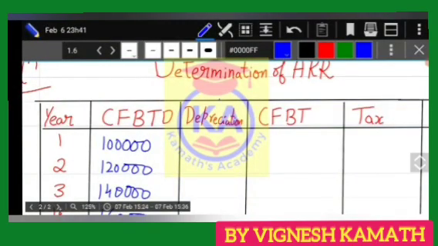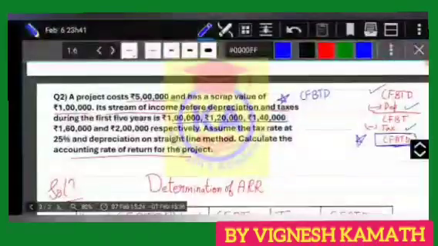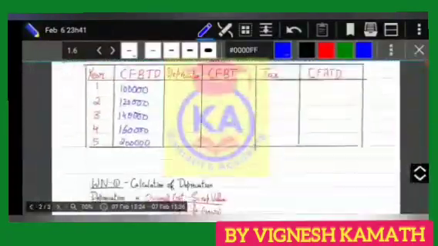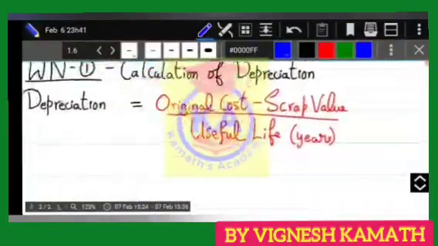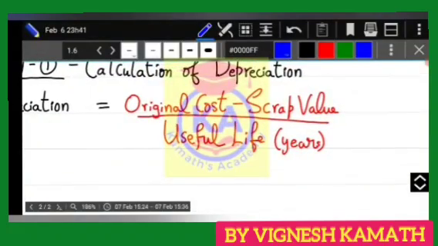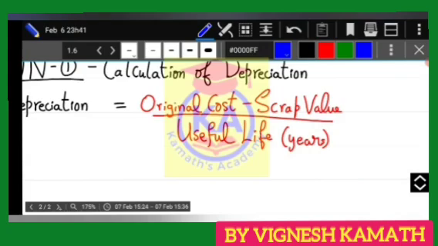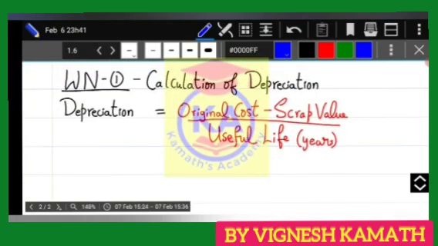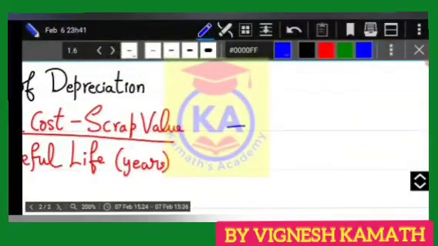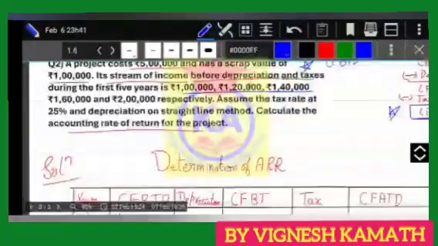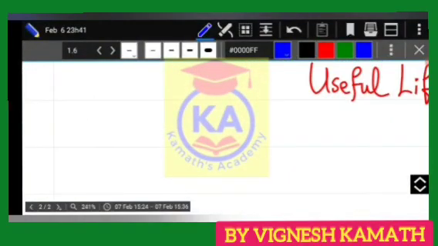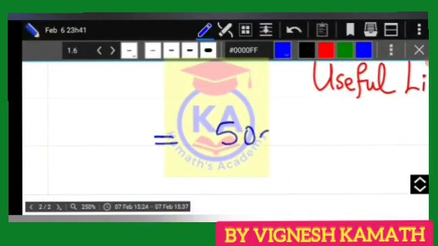So we have to calculate the depreciation now. As it is not given directly, we have to calculate. How are we going to calculate? There is a formula. I hope you remember this formula. Depreciation is equal to original cost minus scrap value divided by useful life in years. If you don't remember this, then note it down. So here the original cost we have to consider. What is the original cost? Rupees 5 lakh is the original cost. Write it down: equal to rupees 5 lakhs